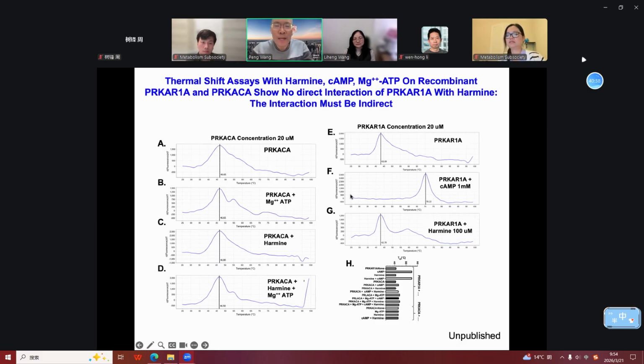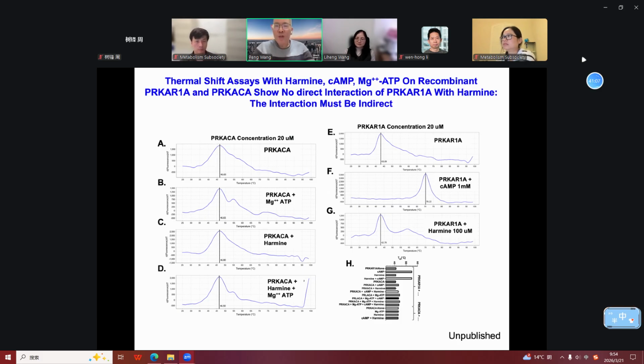We can measure the interaction directly by the thermal shift. The principle is that if it directly interacts, the compound or any of these kinds of elements can protect the protein at a high, denaturing temperature. However, if it does not interact, you'll not be able to protect the